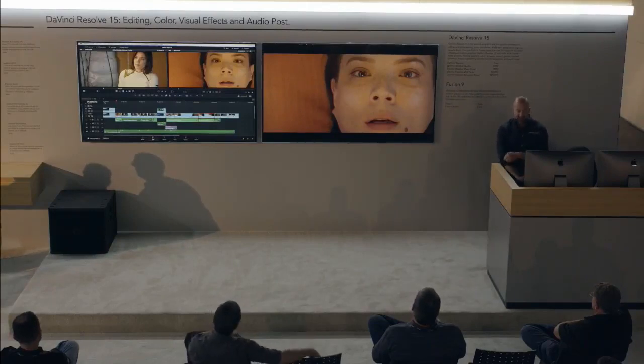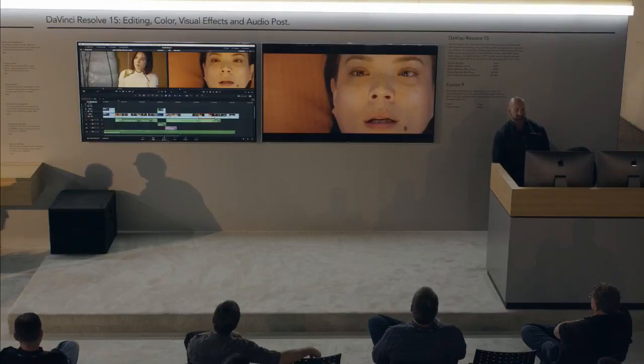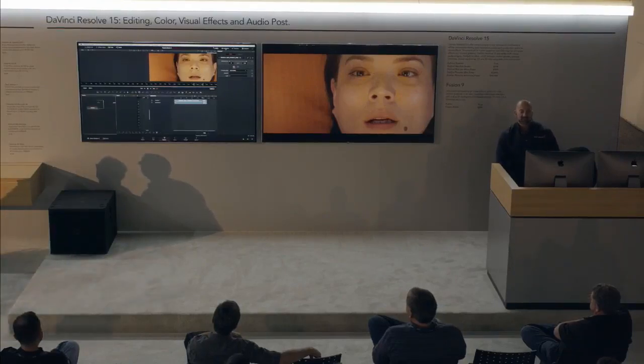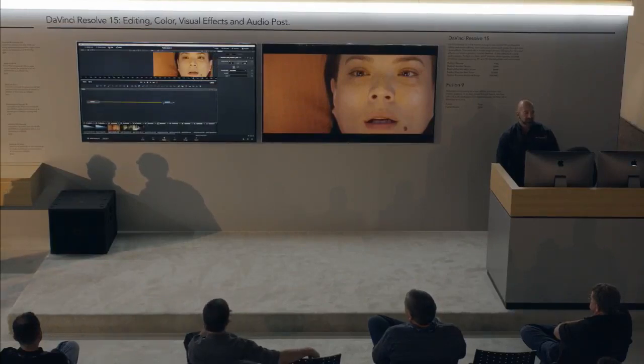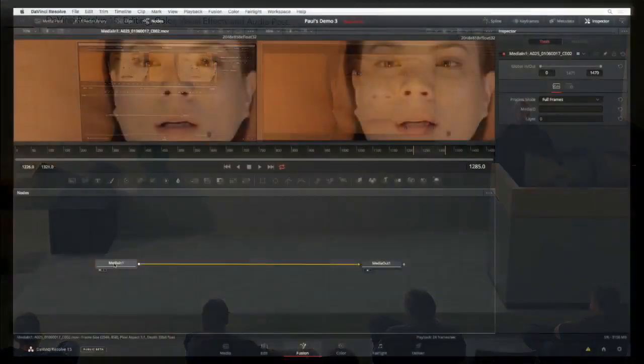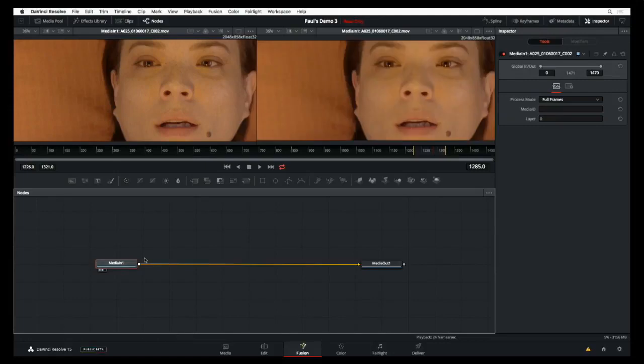So adding visual effects is really, really simple. You just scrub to the frame or the scene that you want, you click on the Fusion tab, and then you're in Fusion. So no imports or exports. Like all of the pages in Resolve, you have buttons at the top that show and hide different parts of the interface. You've got your viewers at the top. If I hit the 1 key, I can load it in the viewer on the left. If I hit the 2 key, I can load it in the viewer on the right. And you've got an inspector here at the right, which is where we make all our adjustments to parameters as